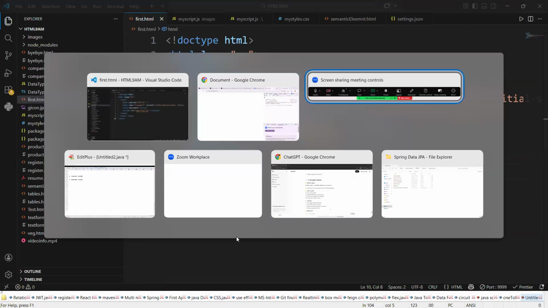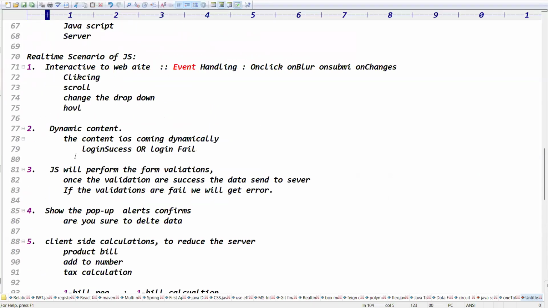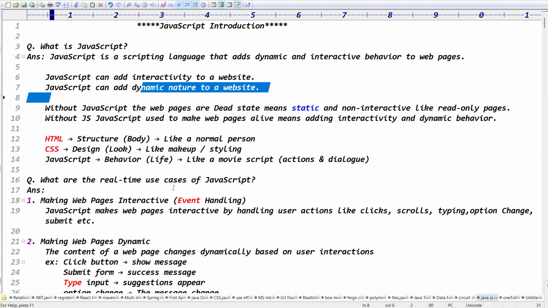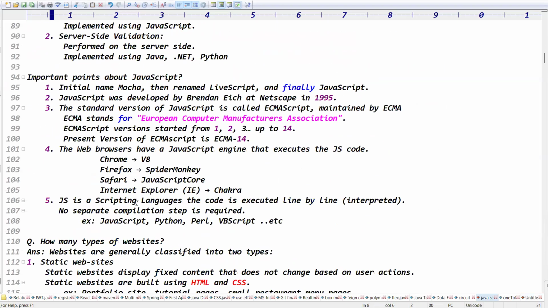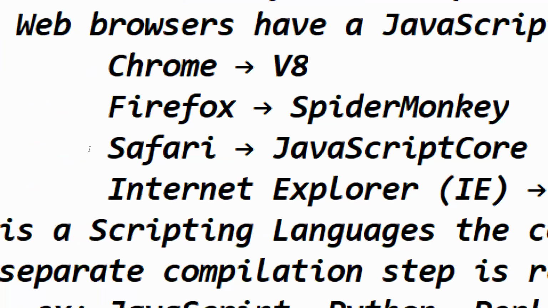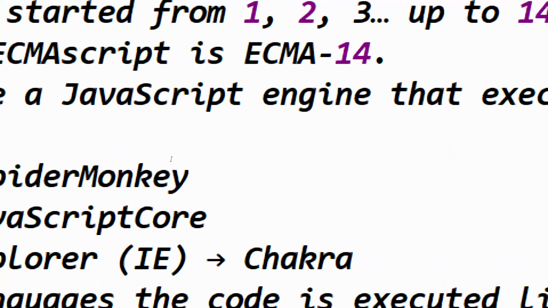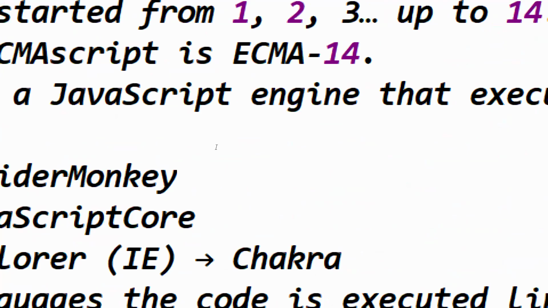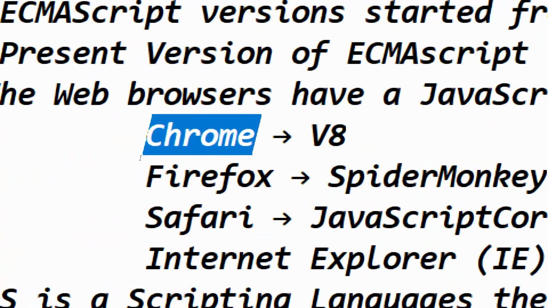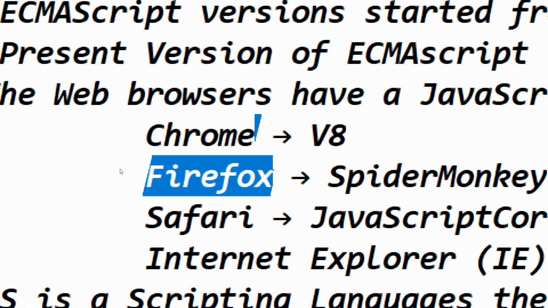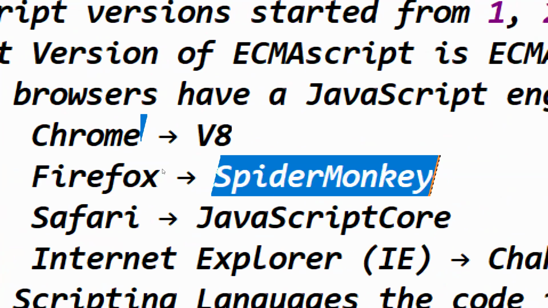So guys, we have some points about JavaScript. Read this point. Who will execute the JavaScript code? HTML code is executed by the browser, CSS is executed by the browser, JS is also executed by the browser. Internally, the web browser has a JavaScript engine, so the browser executes the code using the JavaScript engine. Some people also ask the engine name. Chrome's JavaScript engine name is V8. Firefox's JavaScript engine is called SpiderMonkey. Safari having